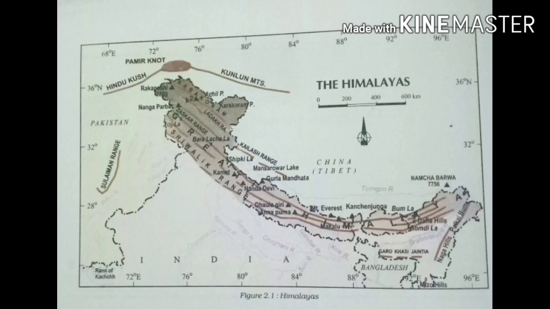Look at the map. You can see the river Indus is flowing through the western part of India. The river Brahmaputra is flowing through the eastern part of India. The Himalayas are the loftiest and one of the most rugged mountain barriers of the world. They form an arc which covers a distance of 2,400 kilometers. Their width varies from 400 km in Kashmir to 150 km in Arunachal Pradesh.